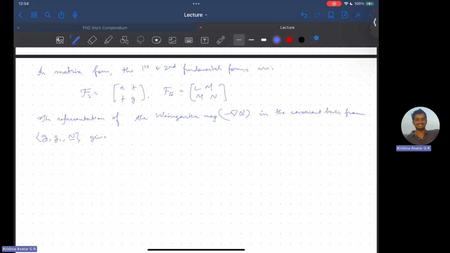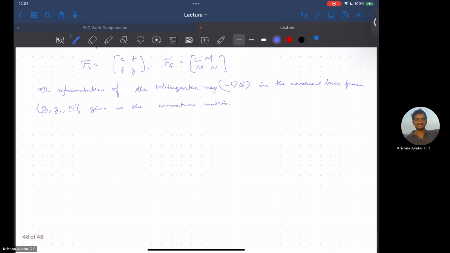It gives us the curvature matrix, and I'll call it script kappa. So minus this in its representation in g1, g2, and n